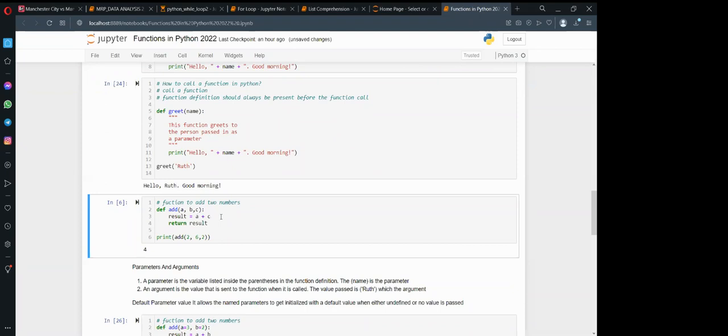So you might be wondering, why am I getting 4? I'm expecting to add 2, 6, and 2. So I need to put this so that I don't get that logical error. If I add B, you can see my output is now different. That is called the debugging process.